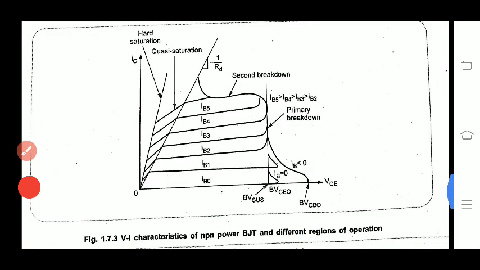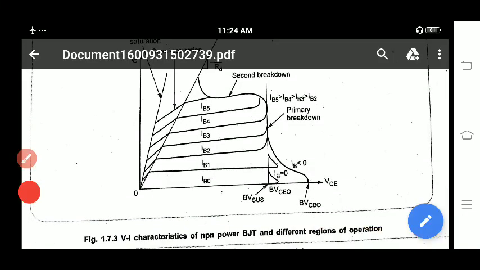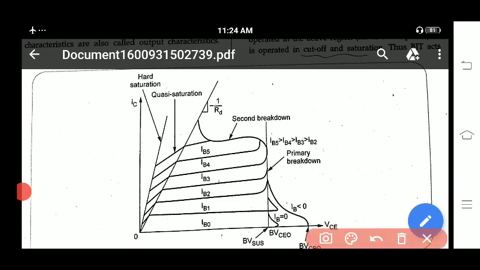After that we saw the graph of this power BJT. This is current controlled. To make this power BJT on and off, you use the base current IB. Let us consider that the base current IB0 is equal to 0, then your BJT goes to the off condition. This is the cutoff region, which means your BJT will be in the off state. If you want to make this BJT on, then you have to apply IB current such that it shifts from the active region to the saturation region.